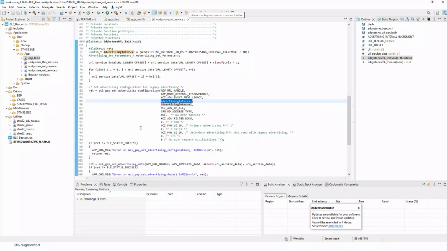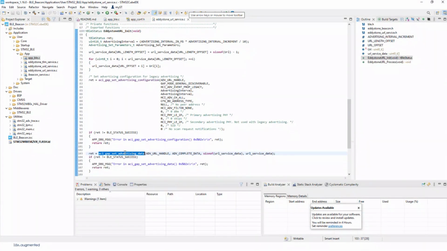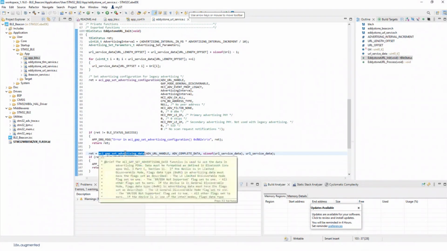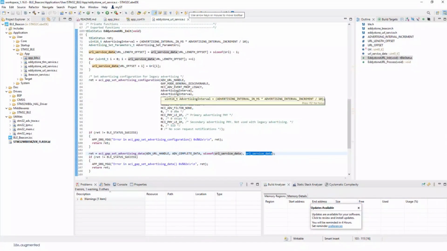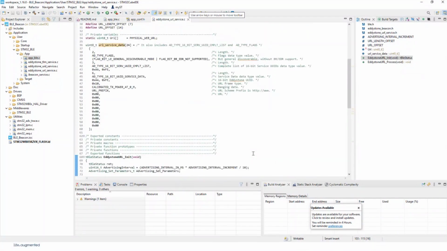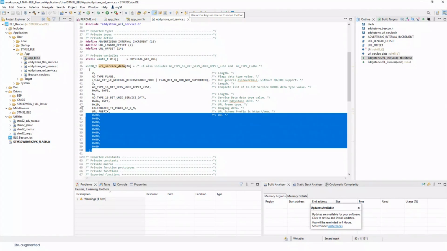The second point, which is our focus, is that I need to specify the data I want to push over the air. The data I want to push are part of this URL service data. I want to push some data at a specific interval, and the data I'm willing to push are the ones here, URL service data. Let's have a look at the data. Here we have a table, a basic array,